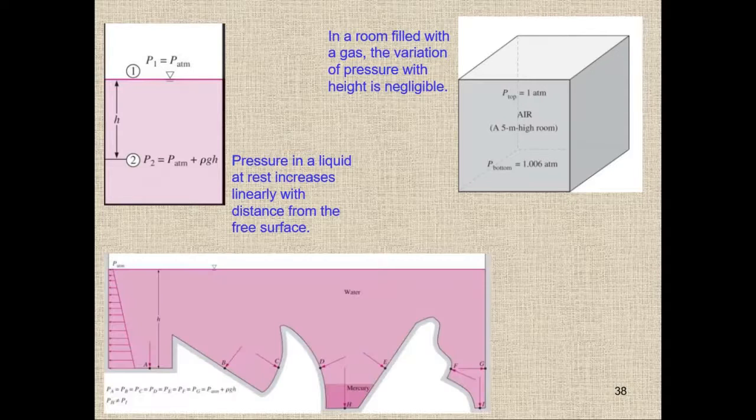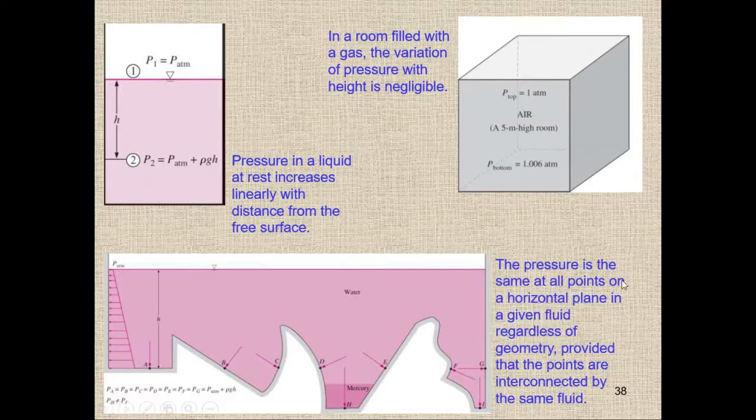And one more thing that we have to remember, you can see here we have different shapes for this container. But if I'm going to check the pressure here at point A, at point B, C, D, E, F, and point G, all these points are at the same level for this fluid. So for any fluid at the same level, the pressure will be same. So PA equal to PB equal to PC equal to PD equal to PE, PF, PG. So for the same liquid at the same level, the pressure will be same.